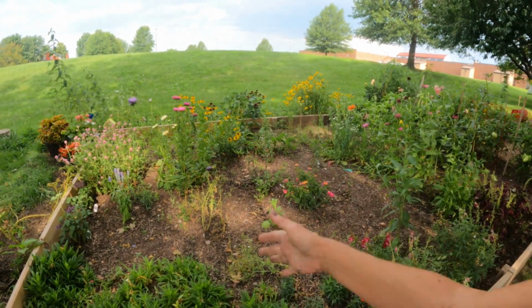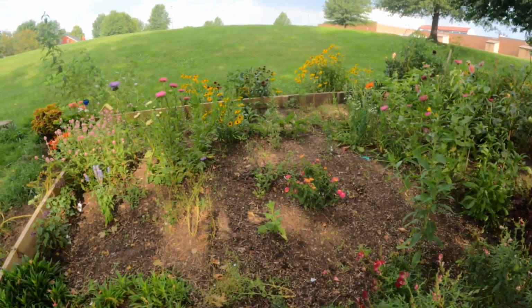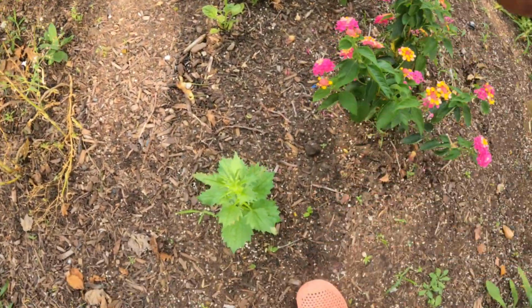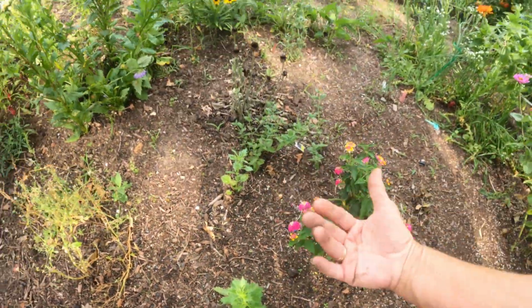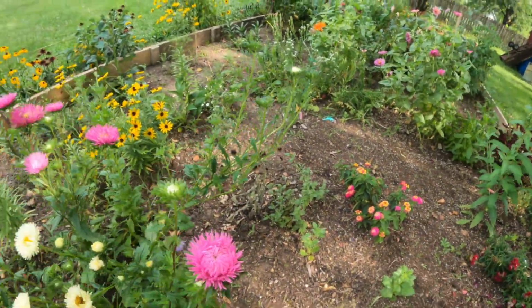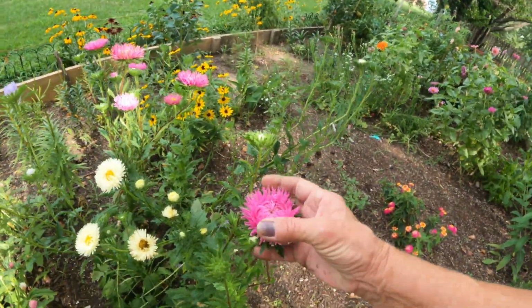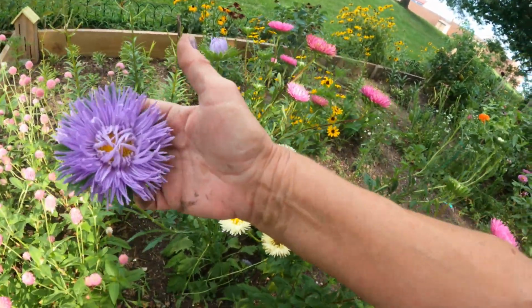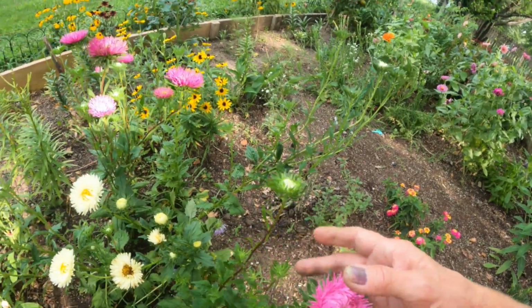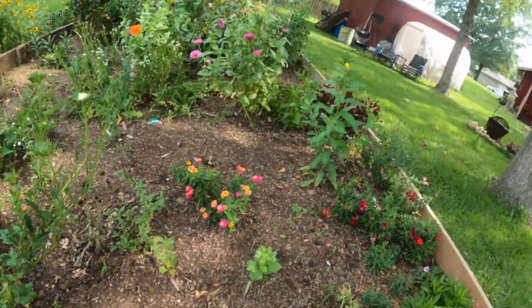These asters are so pretty. I'm so glad I planted them. And these are coming along. These were stagnant for a long time. They're coming up. They'll be blooming before long. These are so pretty. I love these. Why haven't I planted these before? Anyway,